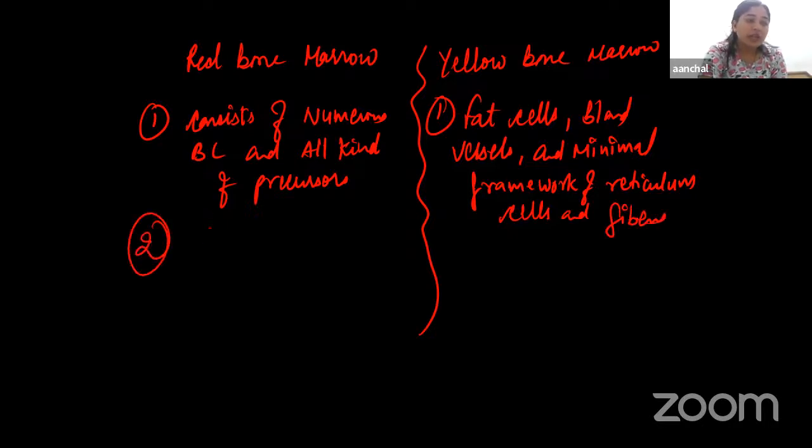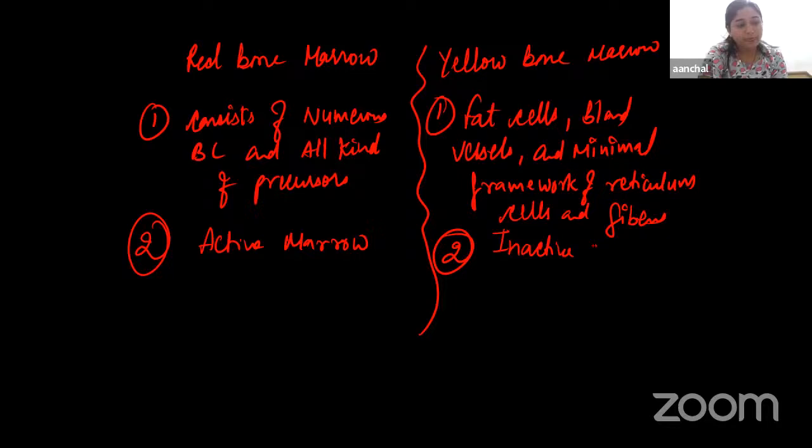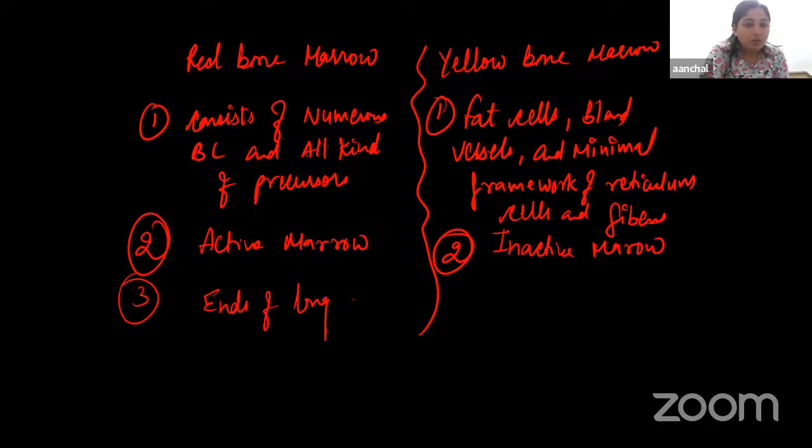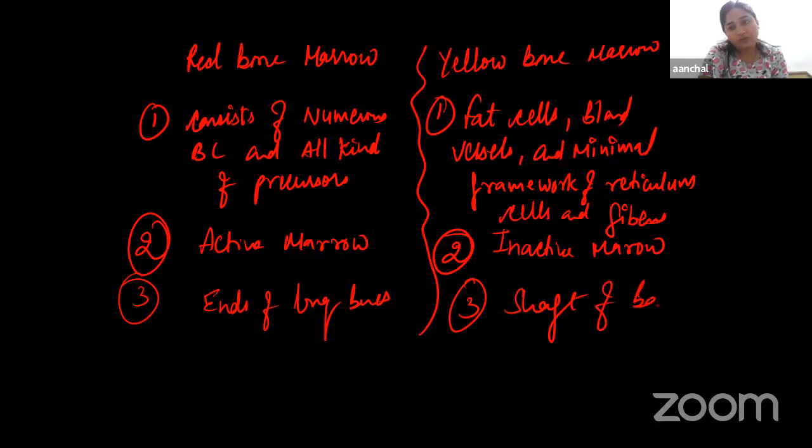Second thing, red marrow is known as active marrow because it is responsible for the production of all blood cells, and yellow marrow is inactive marrow. Red marrow includes the ends of long bones, and yellow marrow includes the shaft of bones. So this is the major difference between red bone marrow and yellow bone marrow that all the students should learn. This is all about today's class,